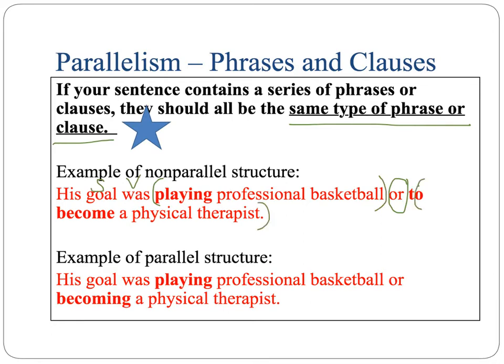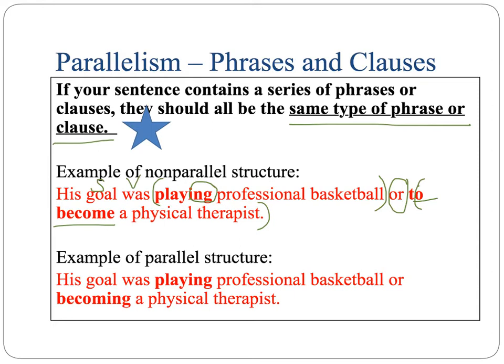Okay, so one phrase says playing professional basketball. If I have an -ing on the end of a word that begins a phrase, that's going to make it a participial phrase. If I have to and then a verb at the beginning of a phrase, that's going to be an infinitive phrase. The easiest way for you all to remember this is just if you have different forms,